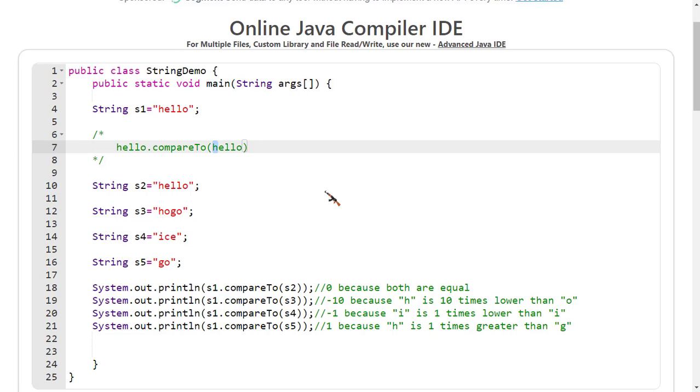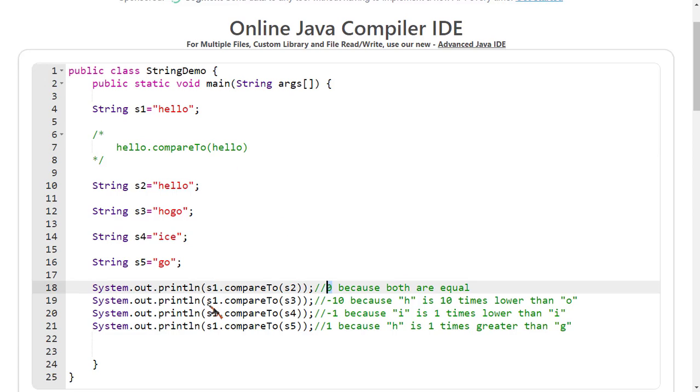The first is the same, then it goes to the second character of each object, which is also the same. Then it takes the third character of each, and they are also the same. In that manner it compares, and here both objects are the same, that's why it returns 0.